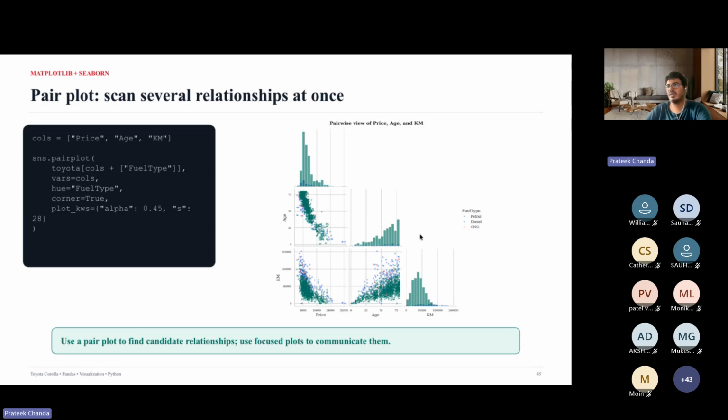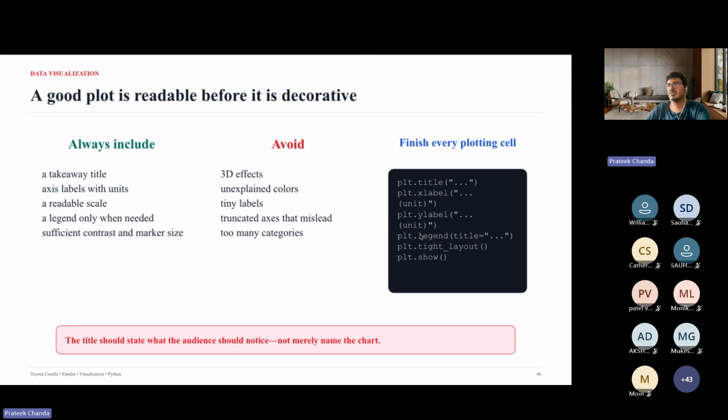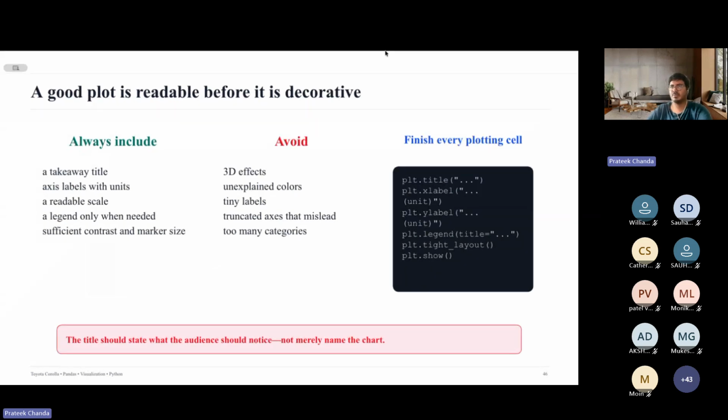So moving ahead. What are the essentials for a good plot? A good plot should always have a good title, axis labels, a readable scale, a legend only when it's needed, sufficient contrast and marker size. You should avoid 3D effects in the plot, unexplained colors, tiny labels, truncated axes that can be misleading, and too many categories.